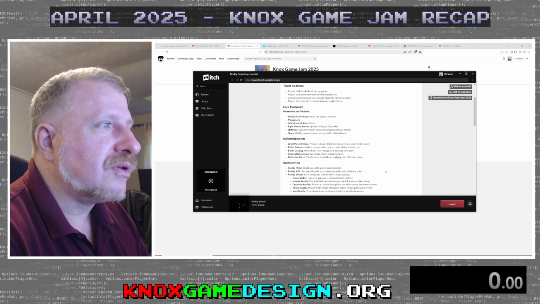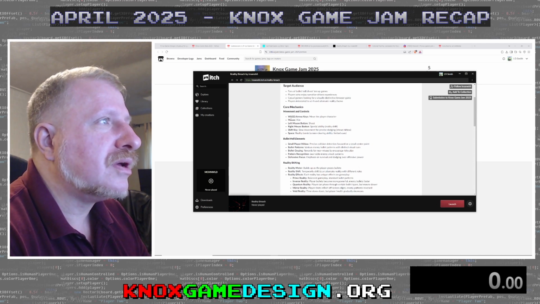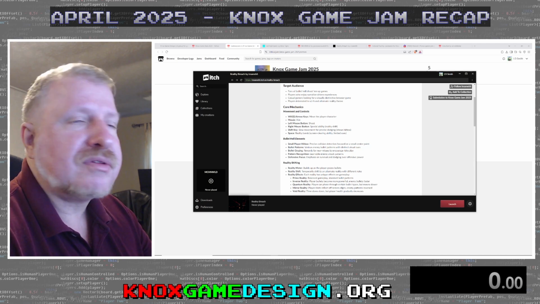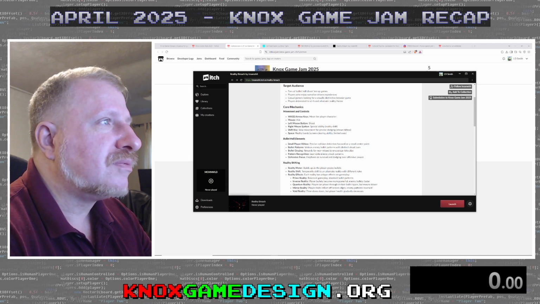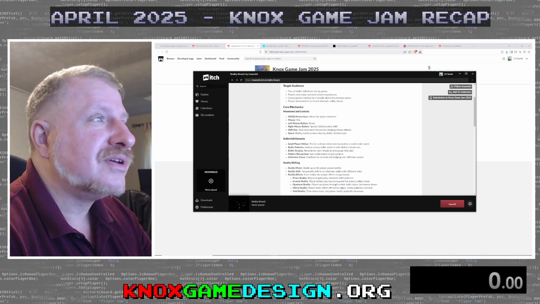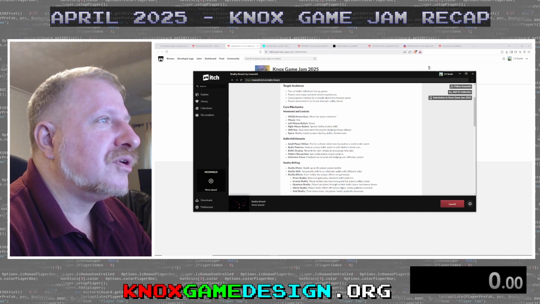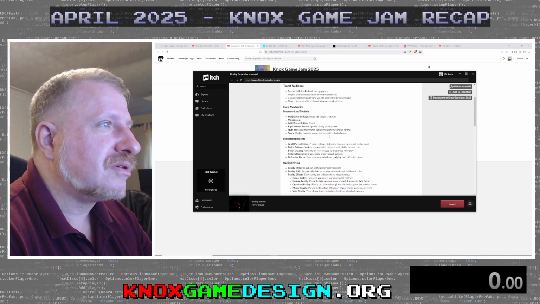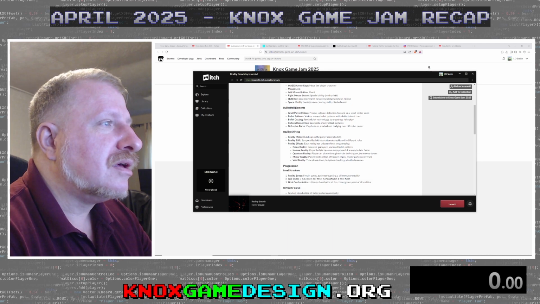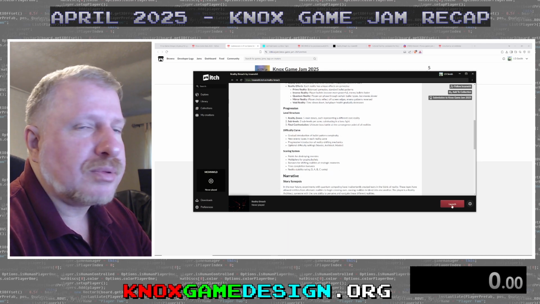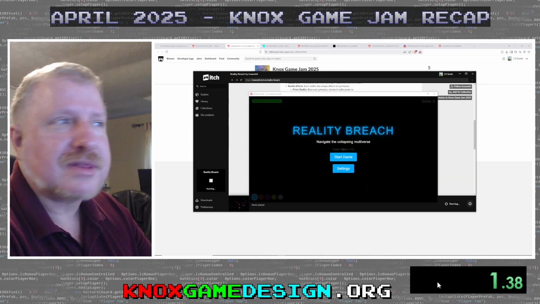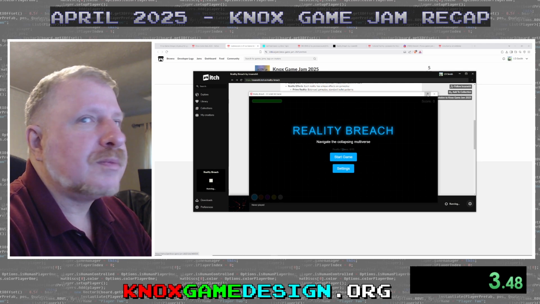Here are the controls. I've got WASD. Mouse is to aim, left mouse shoot, right mouse special ability, reality shift. Shift key, slow movement for precise dodging. Space, reality bomb, screen clearing ability, limited uses. So let's go ahead and start playing this one. There we go, got the clock running. Let's see if I can make this bigger.